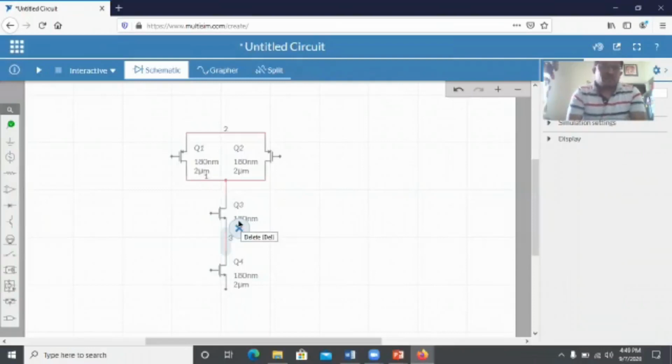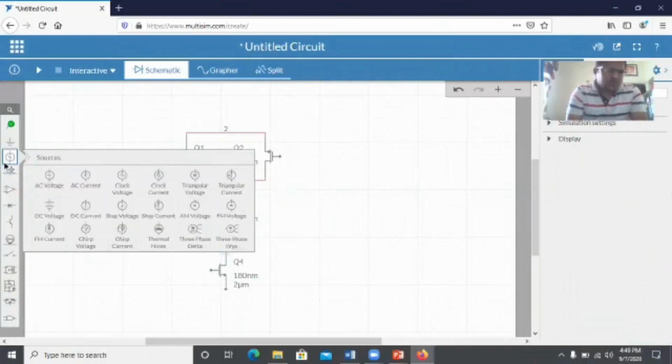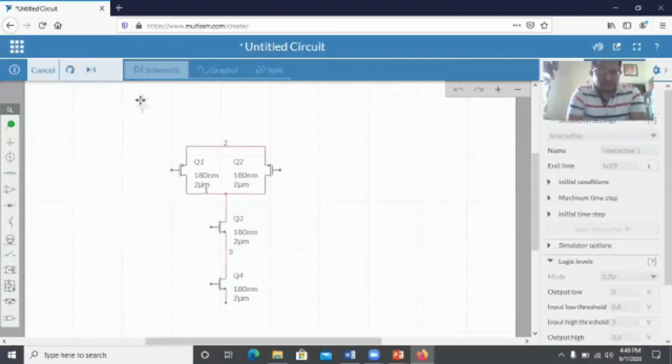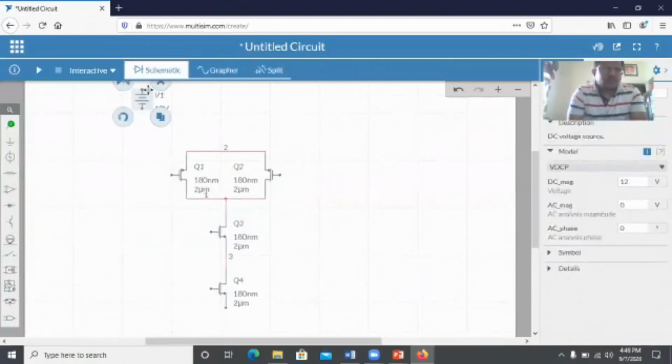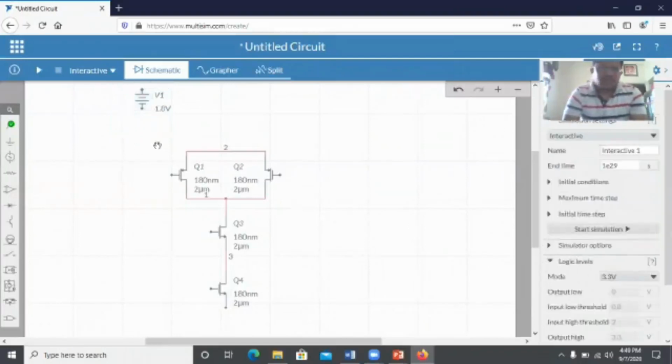Now we need a source, so I'll select a DC source for connecting VDD. You give 1.8 as the VDD voltage. Okay, DC voltage, let it be 1.8. You can choose 5 volt also, it's not a problem.